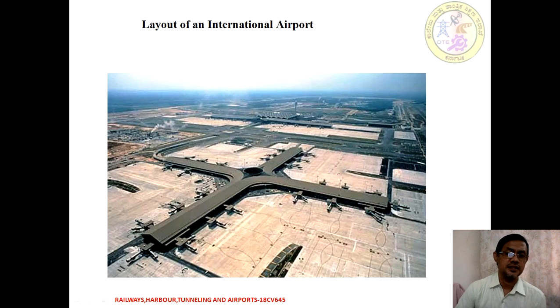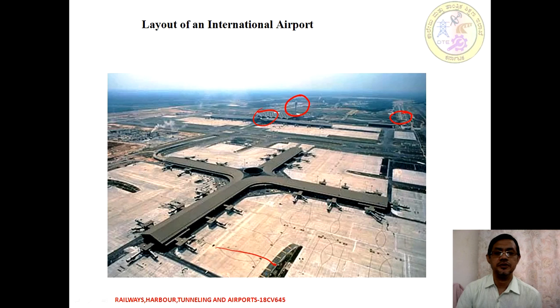It is at a 90 degree angle, that is an apron, and it is surrounded by the area. We can see the markings, from the exit taxiway to the apron, where we can tow towards the taxiway and the runway. At this end we can see the ATC cabin and terminal building. Apart from that, we can see the connectivity, which may be a road or a rail. On this side we can have the fuel bunk or a parking area, etc. So that is a layout configuration for another type of international airport.